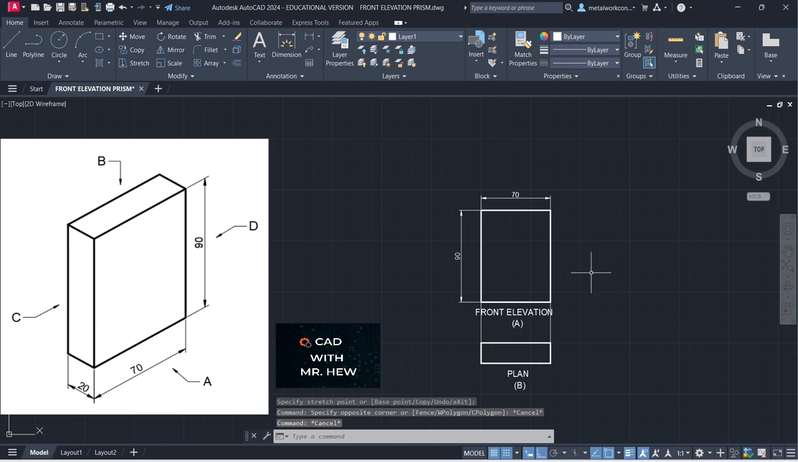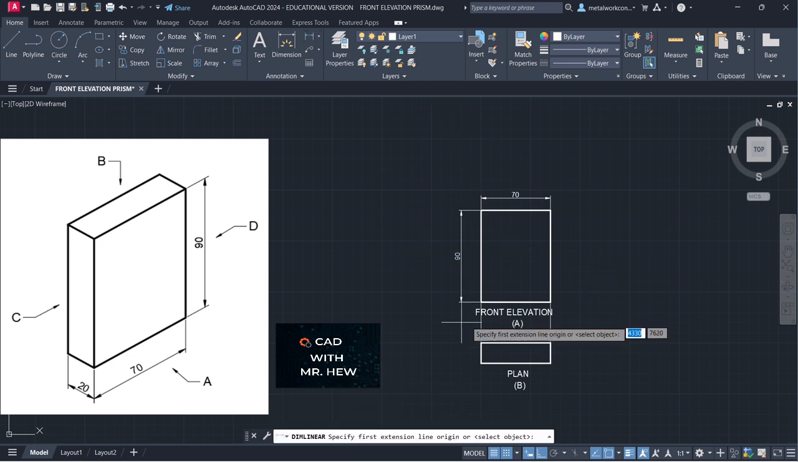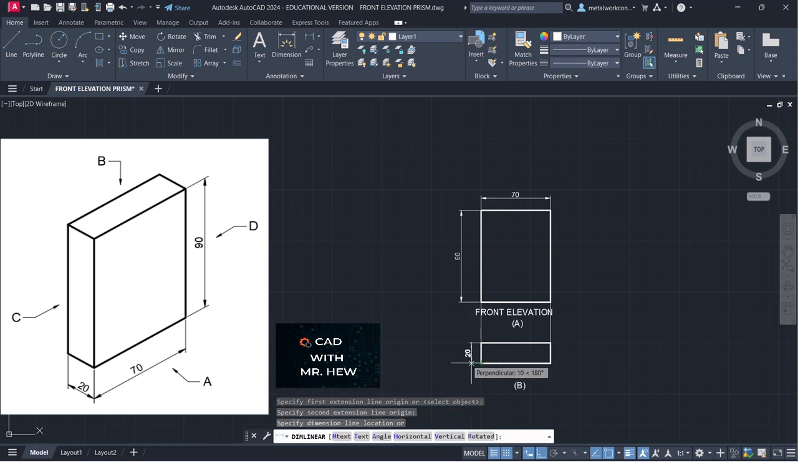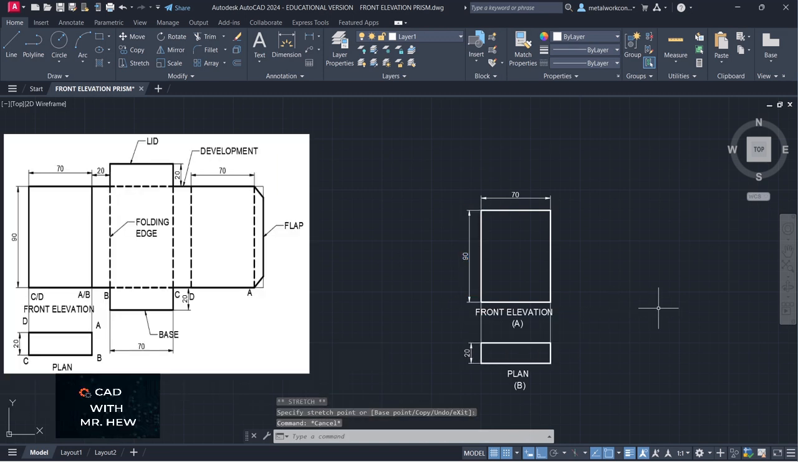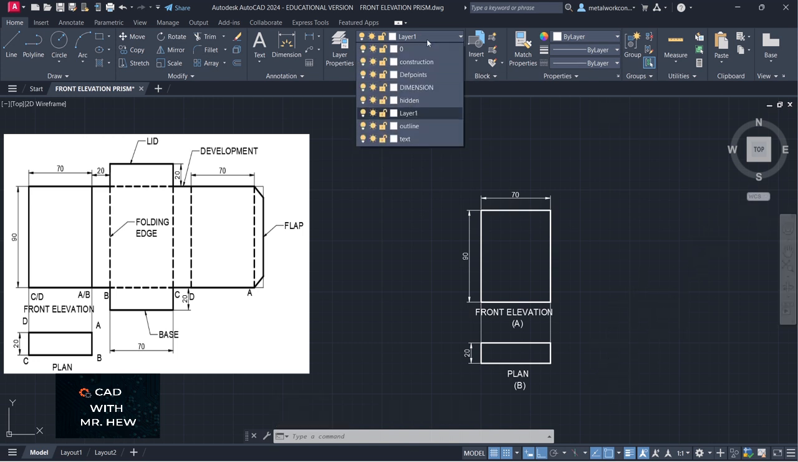All right, we're going to indicate the thickness in the plan. So we're going to measure this measurement here to there, and that's 20 millimeters. Okay. We're going to move this in line with the 20 millimeters there. All right, good. So the first thing we're going to do, we're going to go to our text layer, and